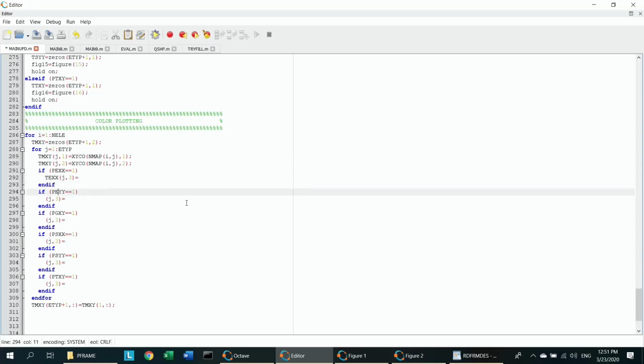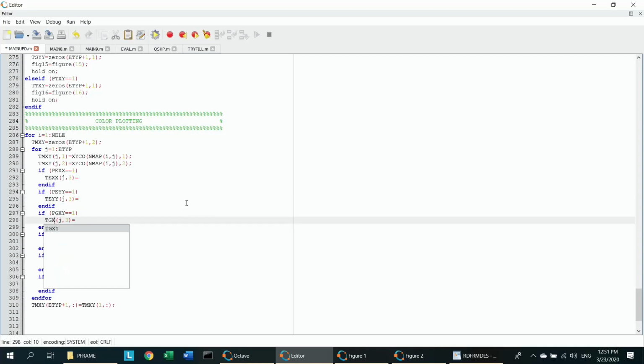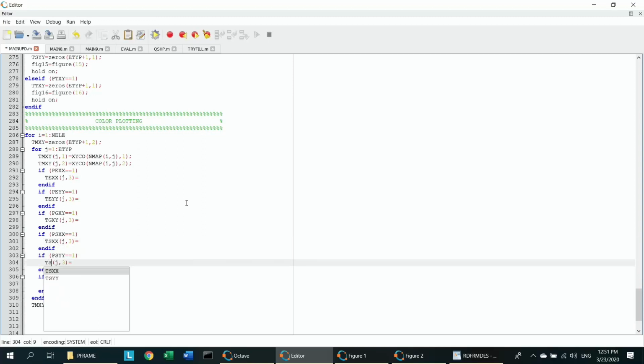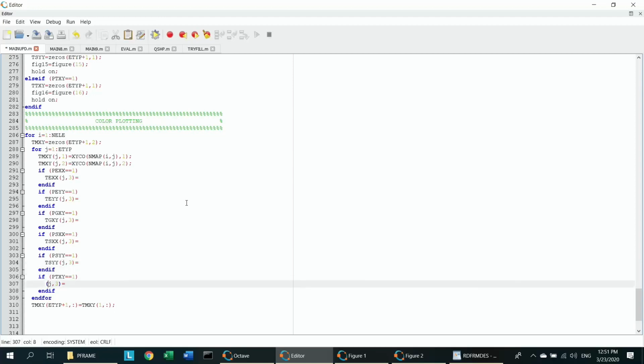TEXX, that stands for the temporary epsilon XX, temporary epsilon YY and temporary gamma XY, and then temporary stress XX, temporary stress YY, and temporary